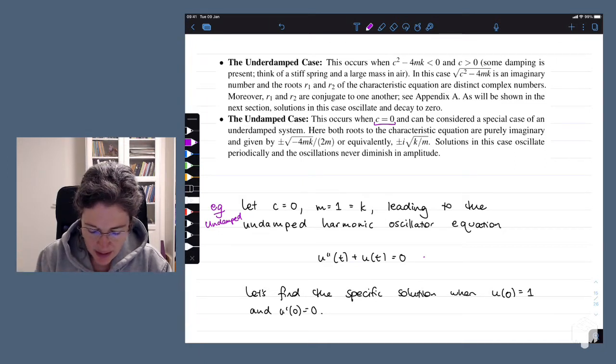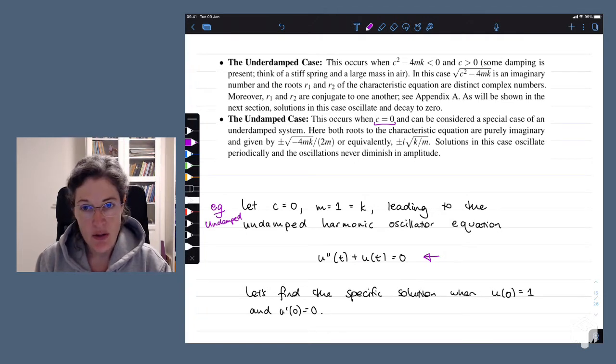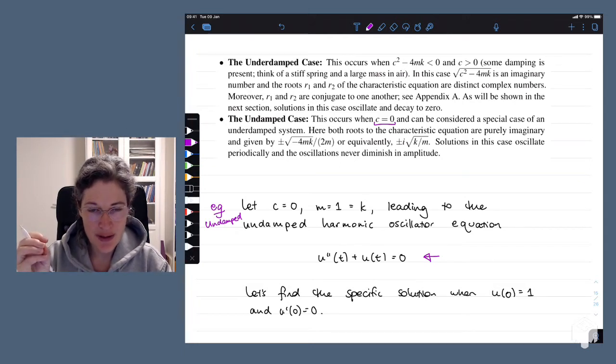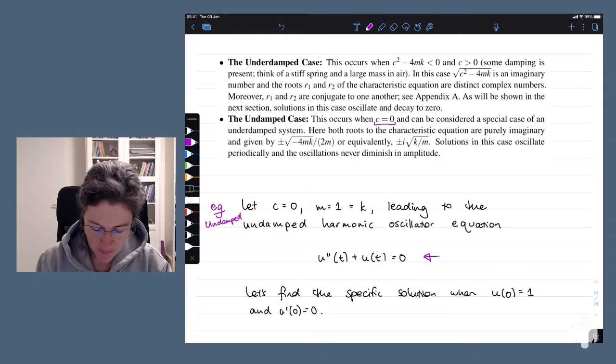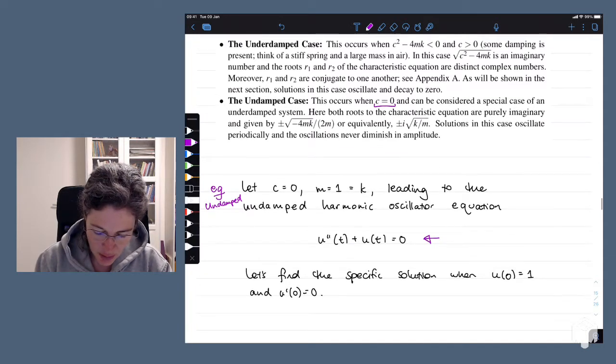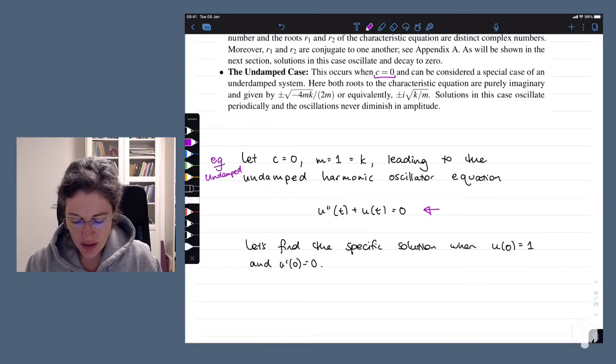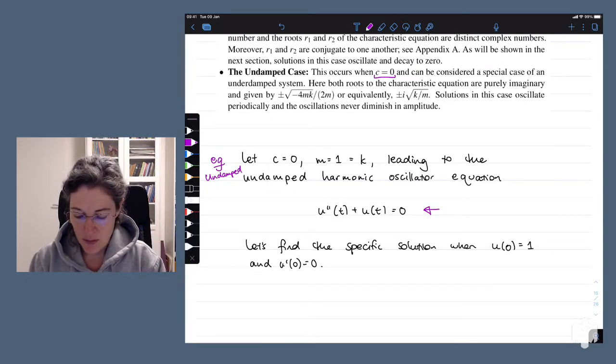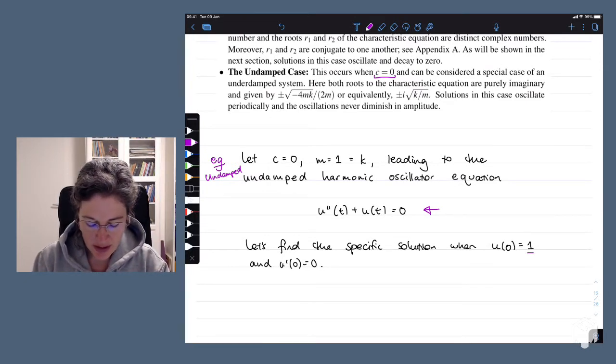And then we get this equation over here, which is called the undamped harmonic oscillator equation. And we'll see exactly why it's called undamped in a moment. Apart from the fact that it has no damping constant, you'll see what the solution looks like and understand why it's undamped. So let's find the specific solution when our initial displacement is 1 at time equals 0 and our